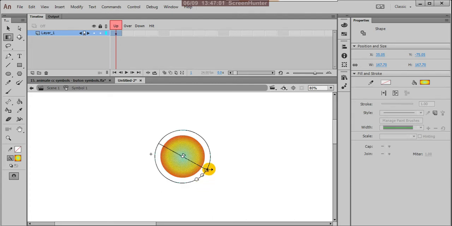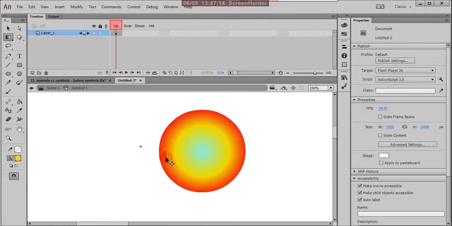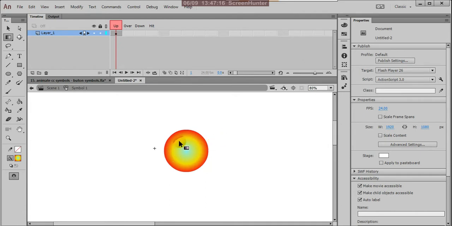Control Z. This is my shape for the button.